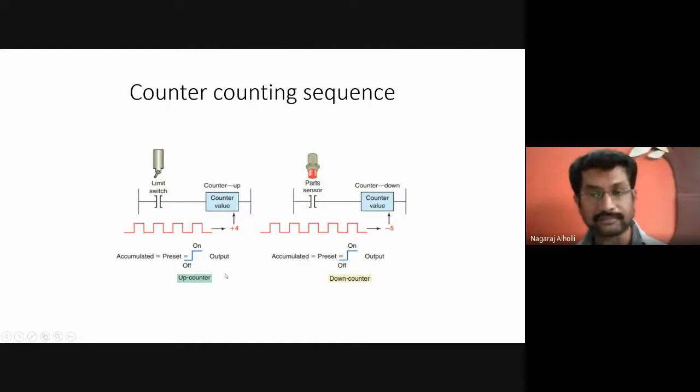Is this diagram clear here, students? Any difficulty in this diagram? Any questions here? If you have anything to ask, you can ask.